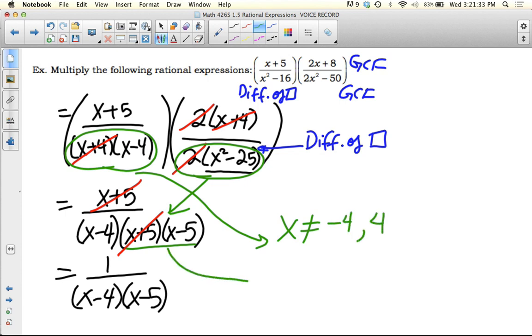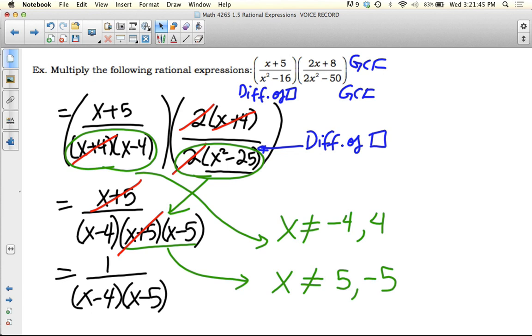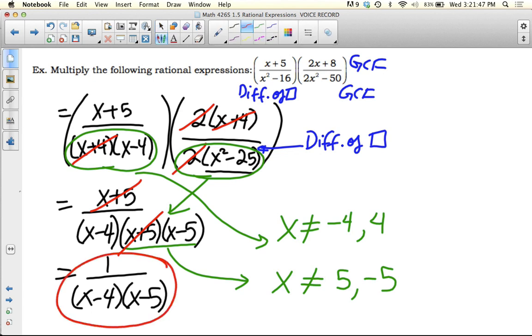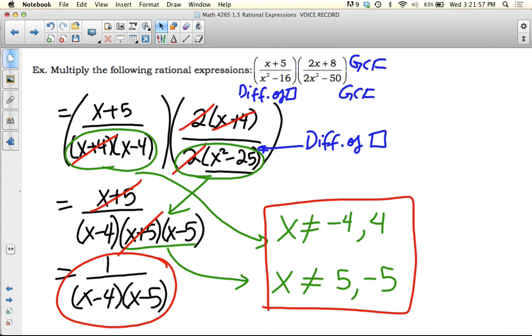And from this group, x cannot equal 5 or -5. So you have 4 restrictions there. The final answer is 1 over x minus 4 times x minus 5, and our restrictions are -4, 4, 5, and -5. All right, so let's look at the next